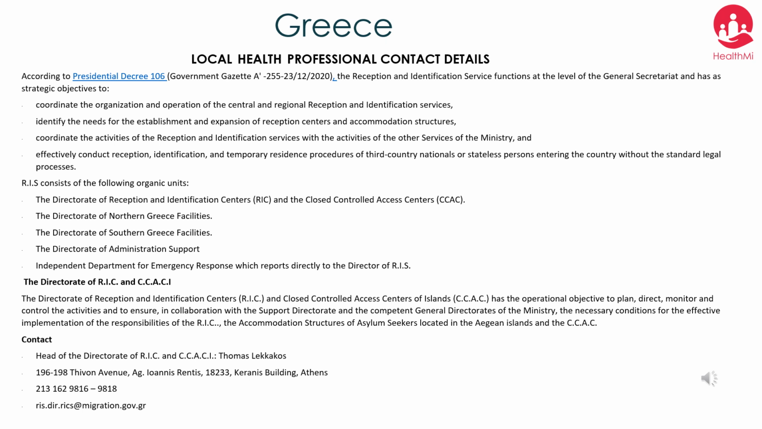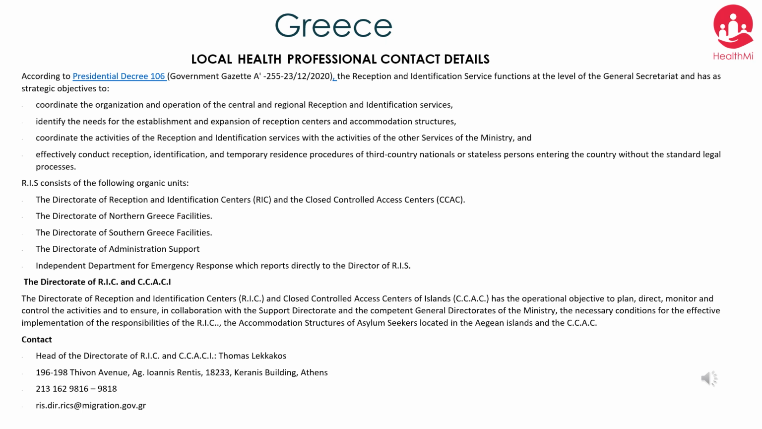RIS consists of the following organic units: the Directorate of Reception and Identification Centres, RIC, and Closed Controlled Access Centres, CCAC; the Directorate of Northern Greece Facilities; the Directorate of Southern Greece Facilities; the Directorate of Administration Support; and the Independent Department for Emergency Response, which reports directly to the Director of RIS. The Directorate of RIC and CCAC of Islands,